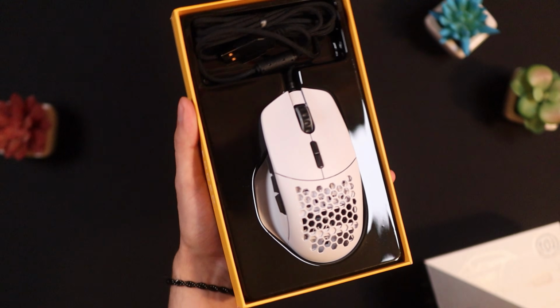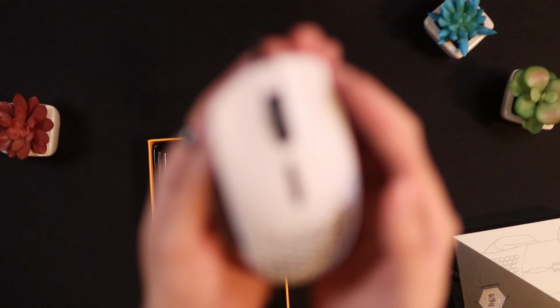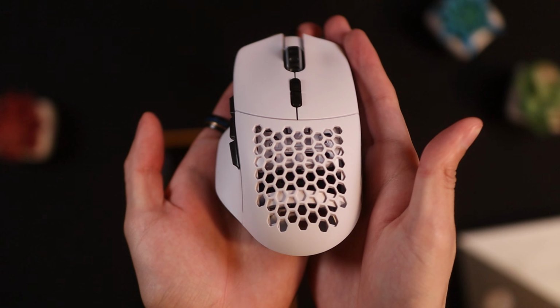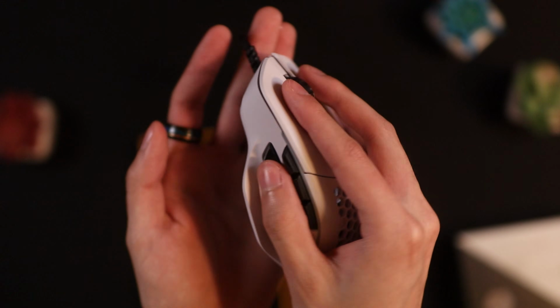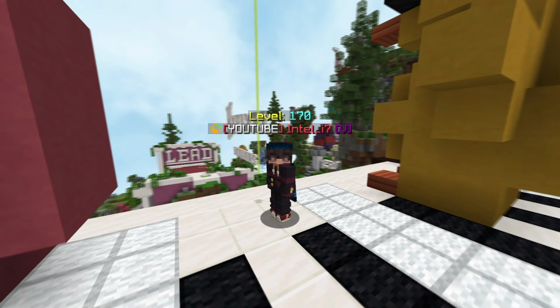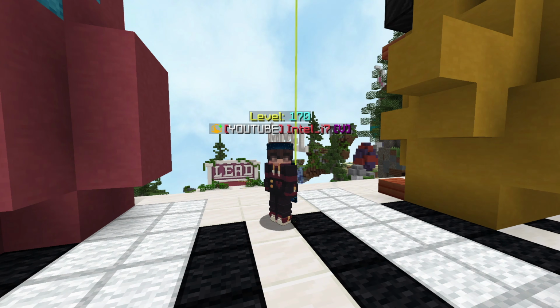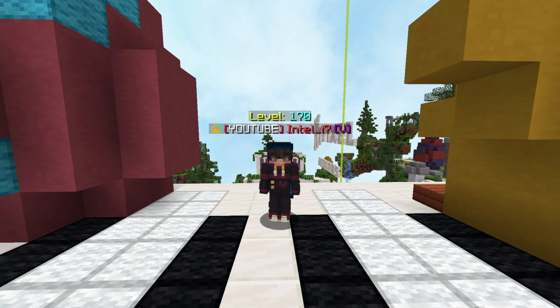This is the brand new Glorious Model I, and I wasn't planning on making a video on this mouse just yet, but something happened to this mouse as I was using it that has now made it absolutely broken. In short, I can now jitter click on this mouse and consistently and easily hit upwards of 20 CPS. In this video, I'm gonna explain how my Glorious Model I can get such high CPS and show off how